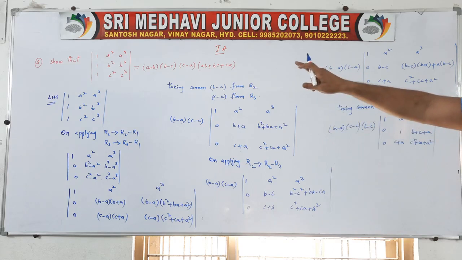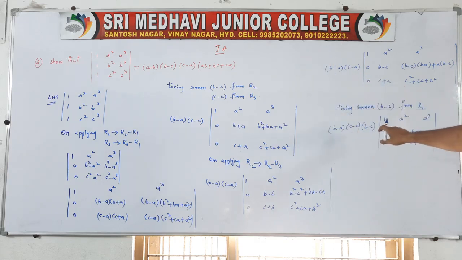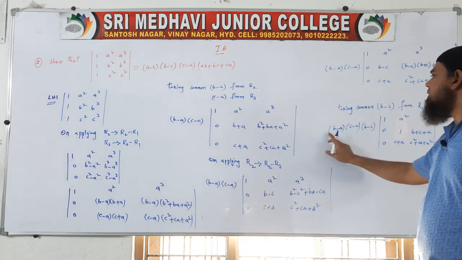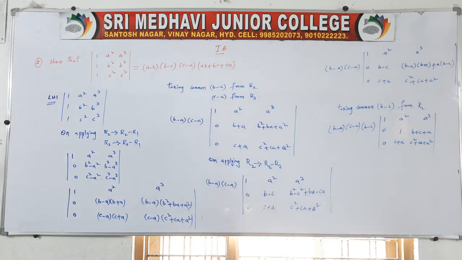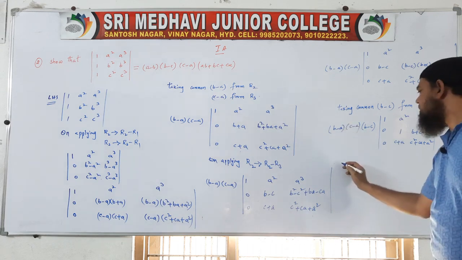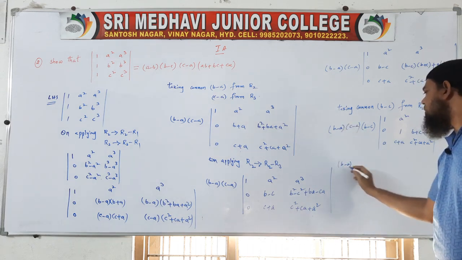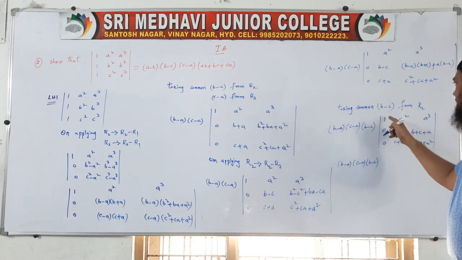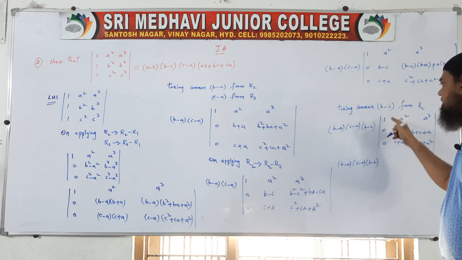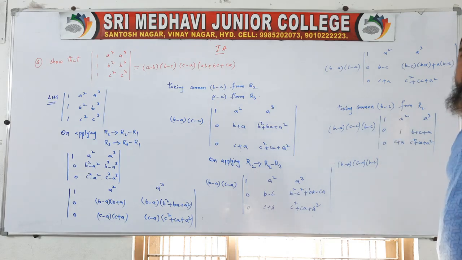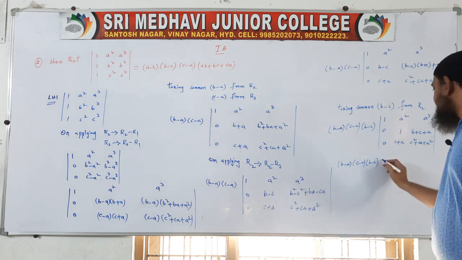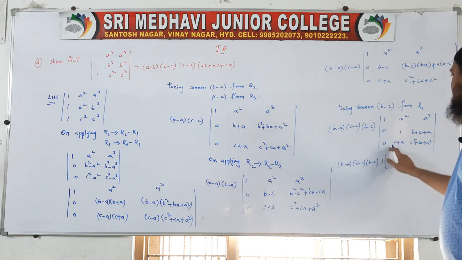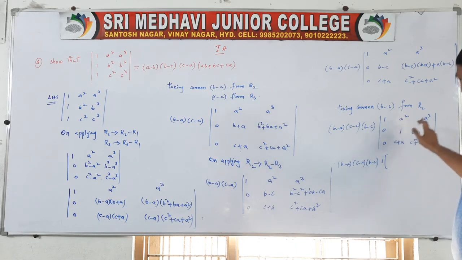So see, in our answer we have A minus B, B minus C, C minus A. Here we have to change a little bit. B minus A is there, we can write B minus A as A minus B. One minus we have to write in front of the bracket, so we can change afterwards. B minus A into C minus A, B minus C. Expand through C1, because we are getting 0, 0 in column 1. So through C1 we do the determinant 1 into, eliminating the column and row. These 4 elements are left here.